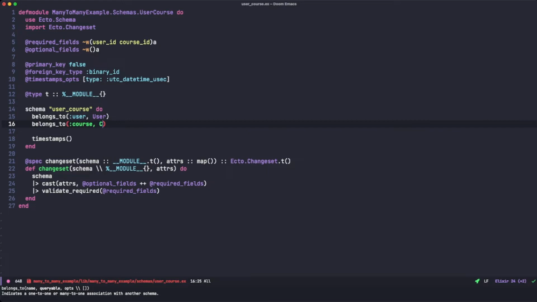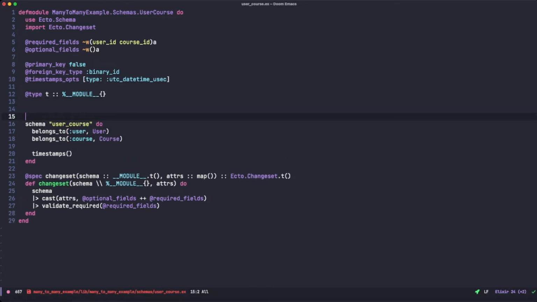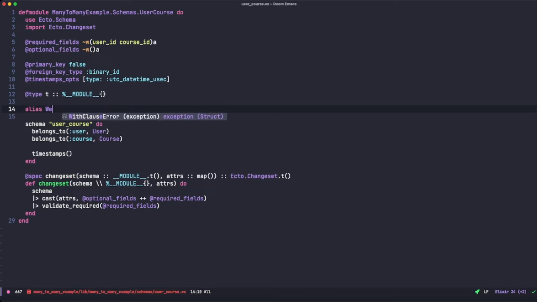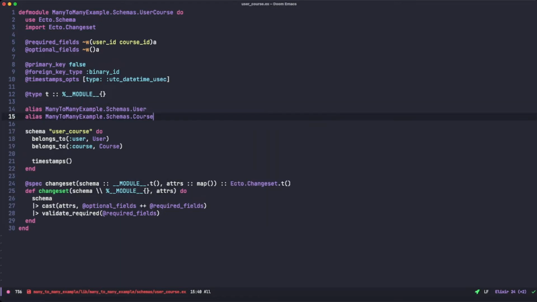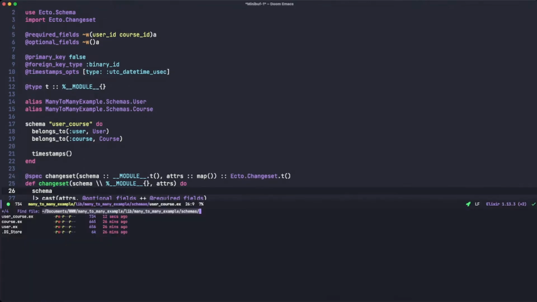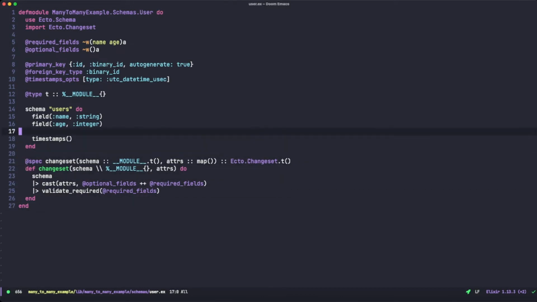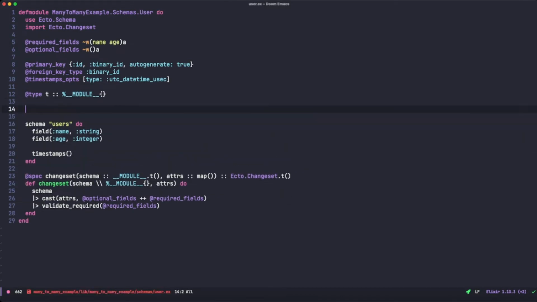Course and course, but of course we have to make our alias for it to work. So user and course, and now our aliases are working. So I already created a table, and now we're gonna make the relation. So I'm gonna go back here to user and start to make our relation. How is this gonna work? First of all, I'm gonna make some